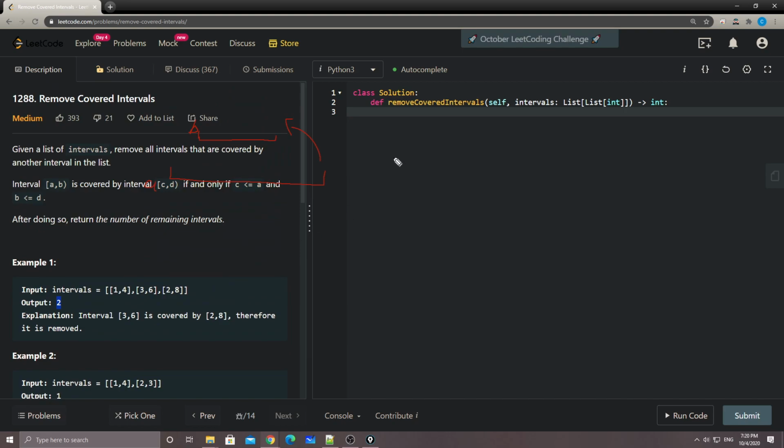So, let's say we have a bunch of intervals. The easiest way is we just sort by the starting time. If we simply sort by the starting time, then we are guaranteed that the current one will start after the previous one. Basically, we're sorting by the start time so that the first condition is met. Now we just need to check if the ending point